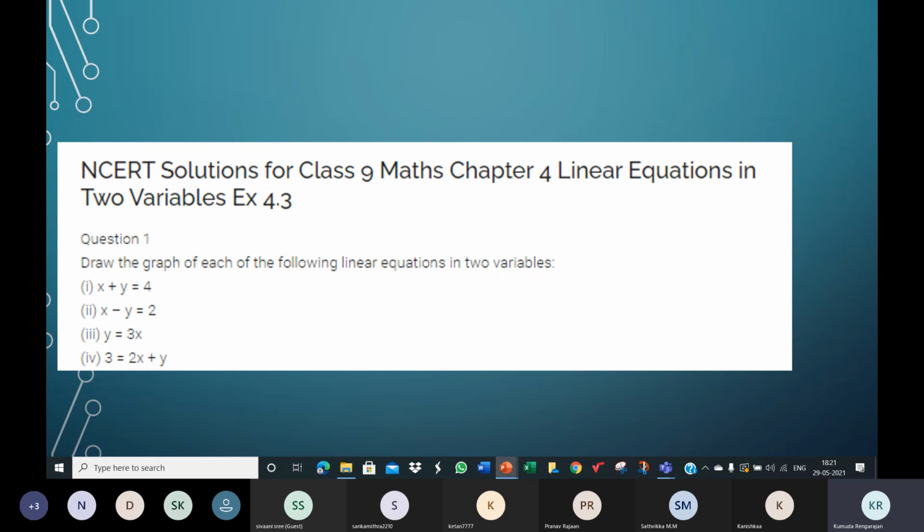Ananya, your first graph is right. There's no space on the graph paper, but you should always extend the line so that it cuts the X and Y axis. If at all it does, you must produce it. The first graph cuts the Y axis at 0,4. That's not visible. You have not extended the line, but keep that in mind. The first one is correct, Ananya. The second one, where does it cut?